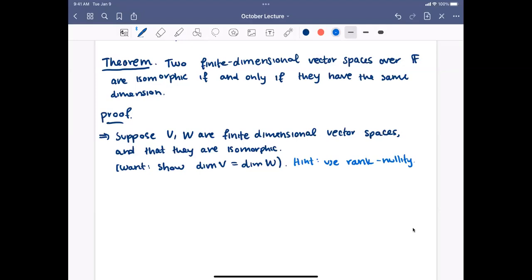So you know that there has to be an index here. Because it's less